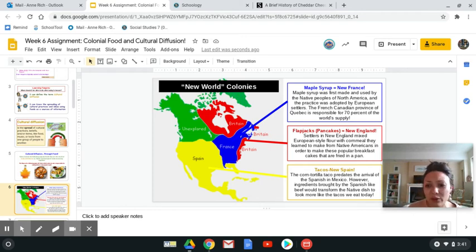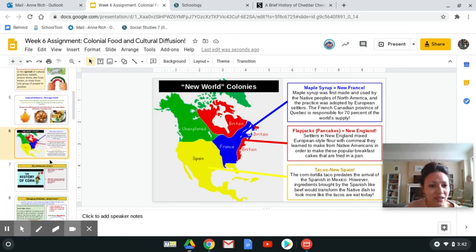However, the tacos that we recognize typically have some kind of meat and spices in them that are going to be brought into the New World by the Spanish, especially beef. I know carne asada tacos are delicious, as are ground beef tacos. This beef is going to come from livestock brought into Mexico from the Spanish. So the dish that we eat today really became popular in the 1850s, and they continue to be one of the most popular street foods in the world. So thank you, Spanish. Thank you, Indigenous people, for the taco.